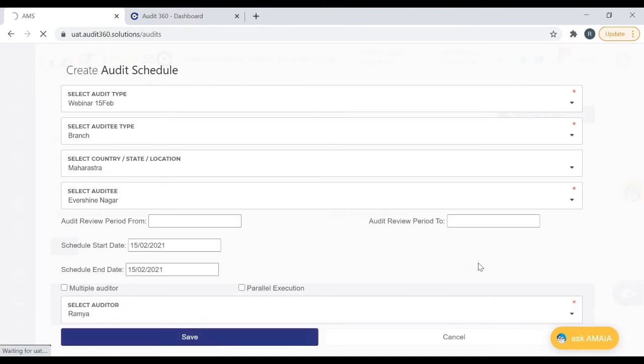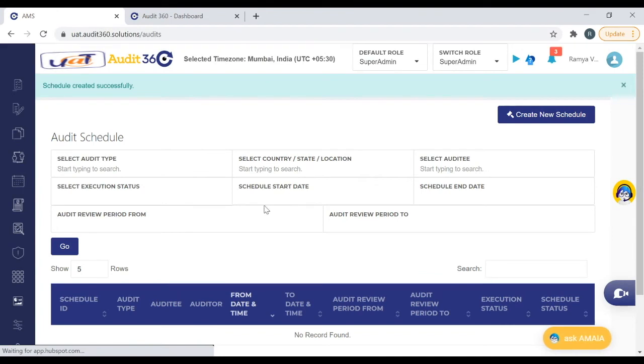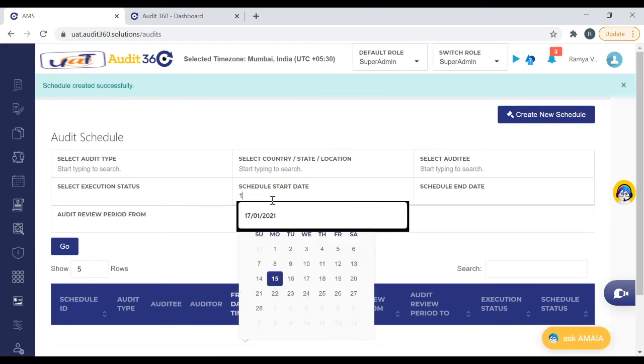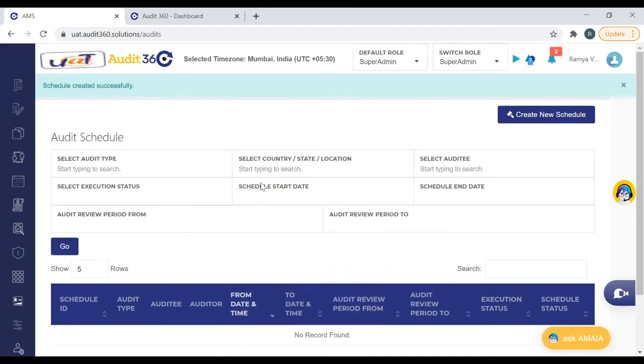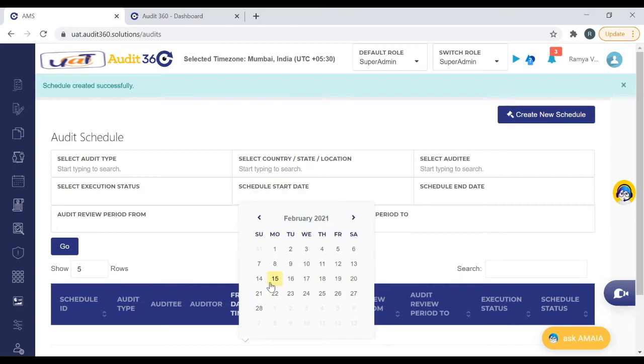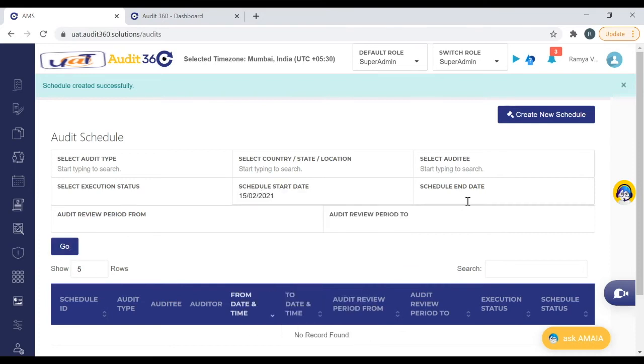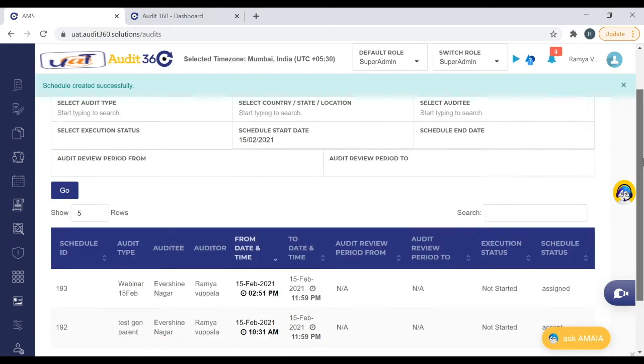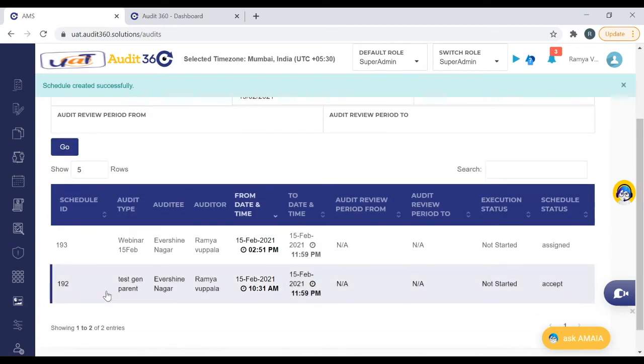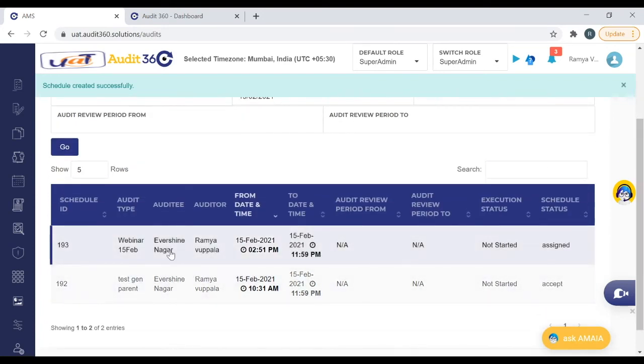So now we have done a schedule. Let me take this schedule. The audit which I've scheduled is shown on the screen. So webinar 15th Feb was the audit.